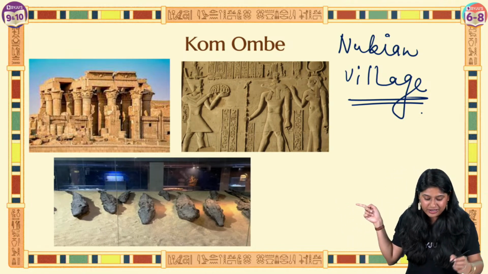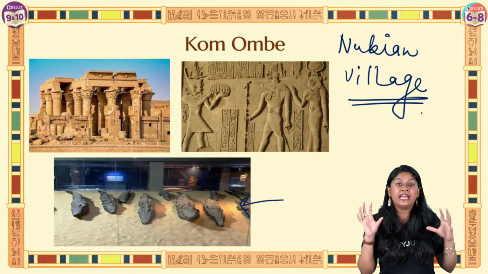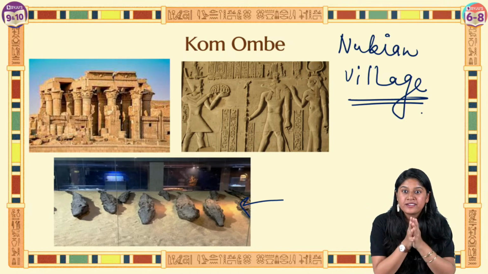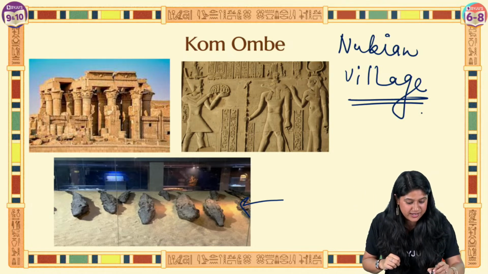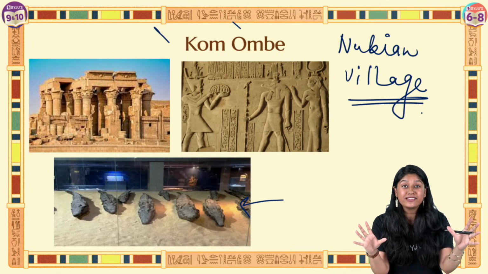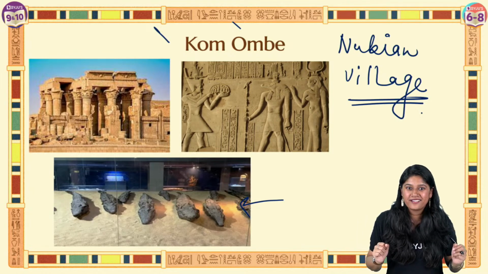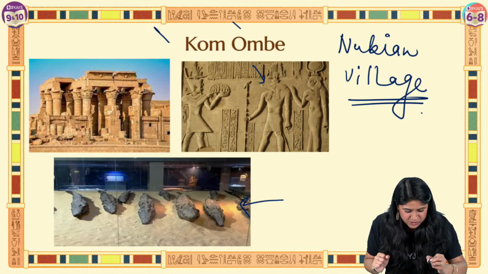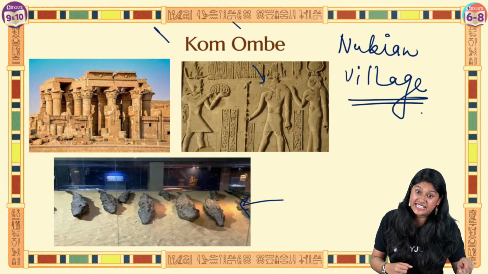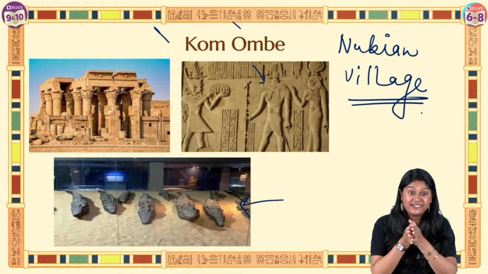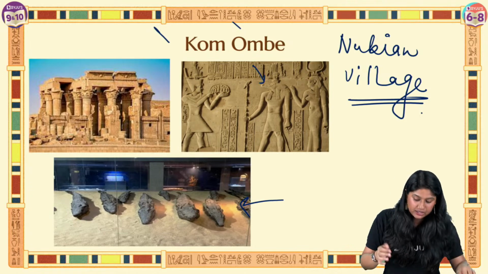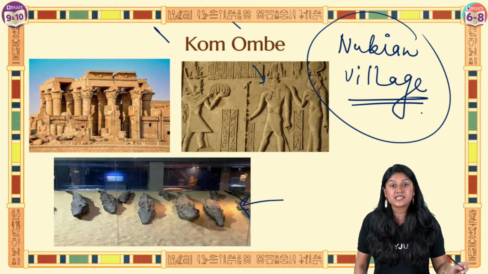And everyone, can you see over here? These are the mummies of crocodiles. They made mummies of crocodiles also because they used to worship them. Yes, the city name is Kom Ombo, where they have the temple for the crocodiles. Can you see over here, this god specifically has a crocodile face. And they still worship them because these community people still have crocodiles